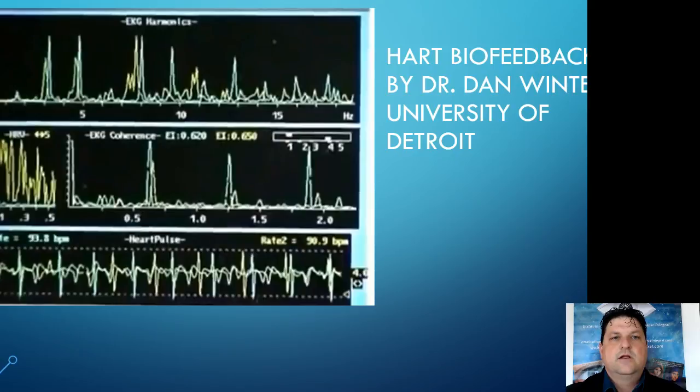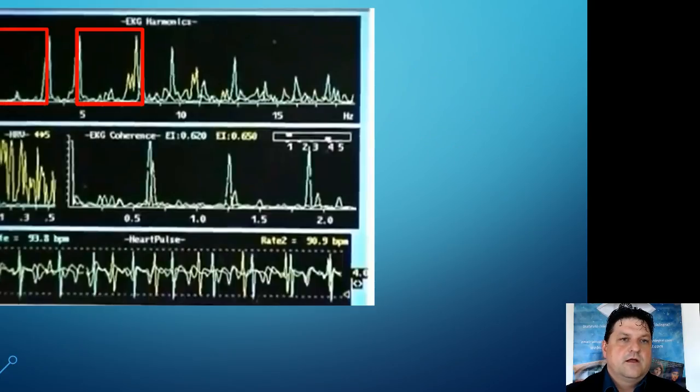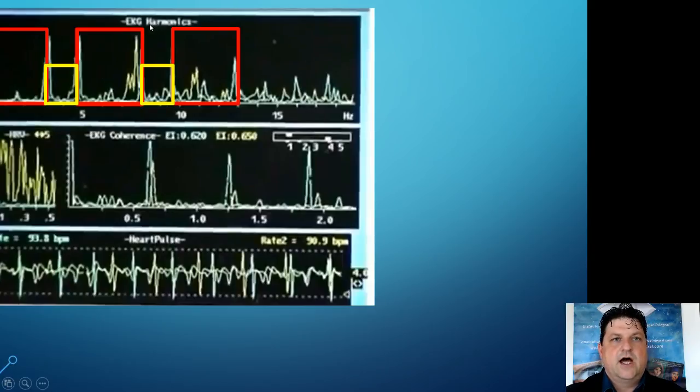How does it work? Let's have a fast look at this biofeedback from Dr. Dan Winter from the University of Detroit. Okay, have a look at the spaces of each pumping of the heart. And on this one, actually, is the harmonic. It's showing us the sounds that the pumping of the heart is making. See the intervals between each one, and also the exact time of each is exactly the same. That's interesting. So now see the pumping here